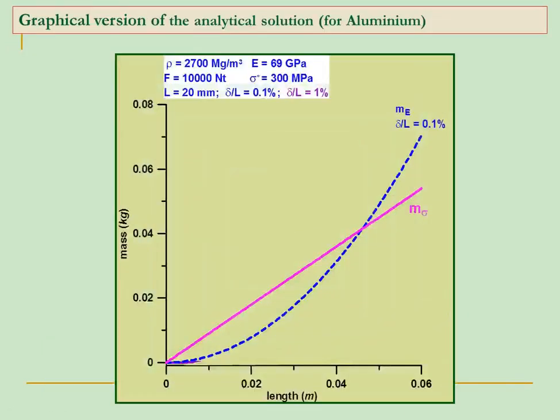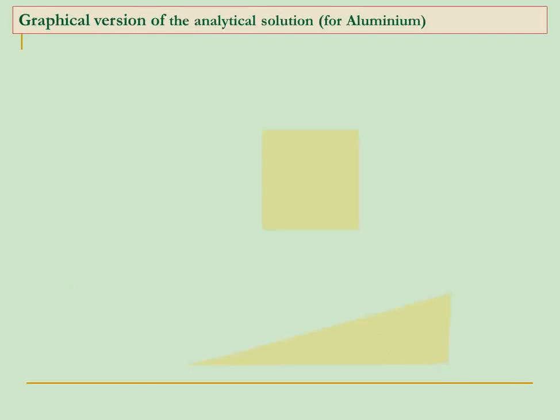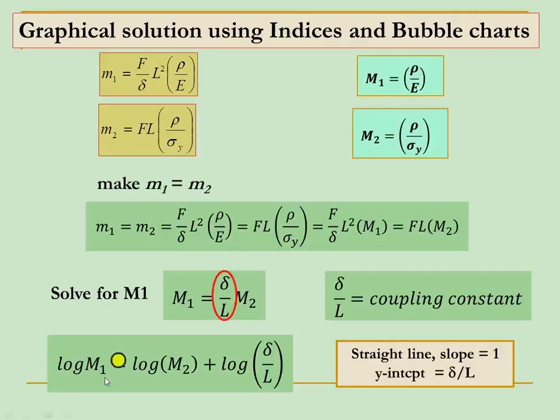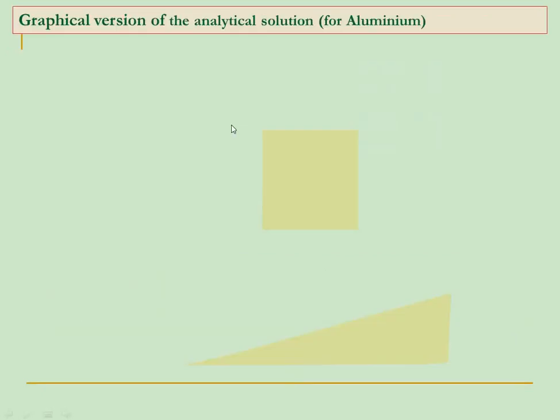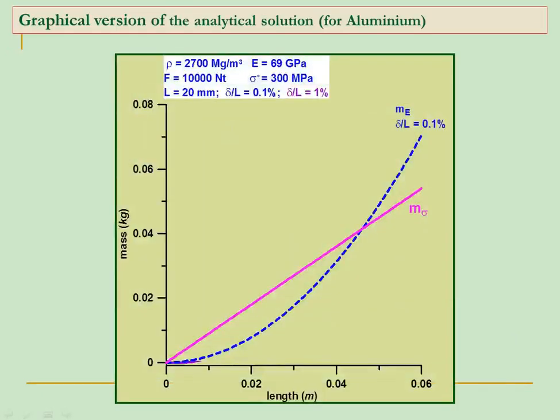Okay, let's look at it in a better way graphically now. I go back to my first slide here. What I'm trying to say is that we are right now not plotting M1 versus M2, but still looking at what happens when I plot mass 1 and mass 2 for a solution. Mass 1 and mass 2 are being plotted, but we are not plotting them against each other. What I am plotting is mass versus length.